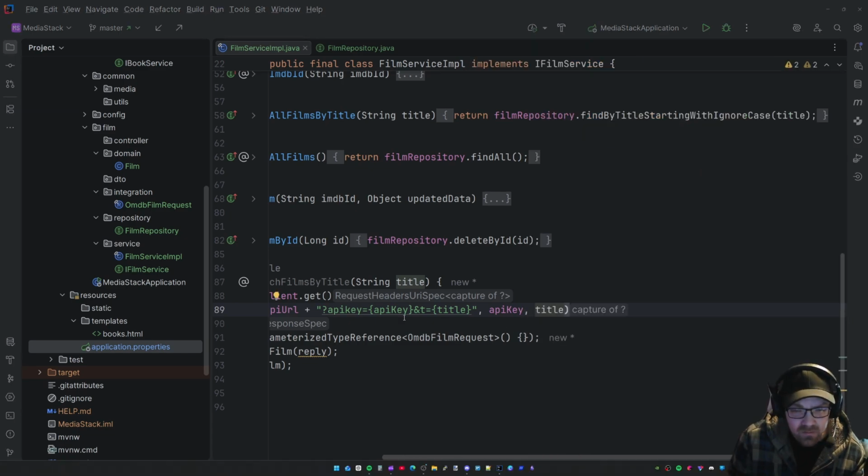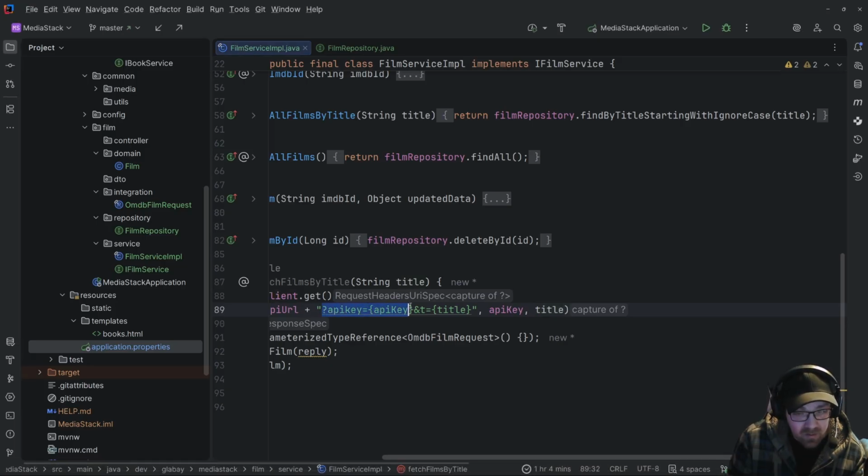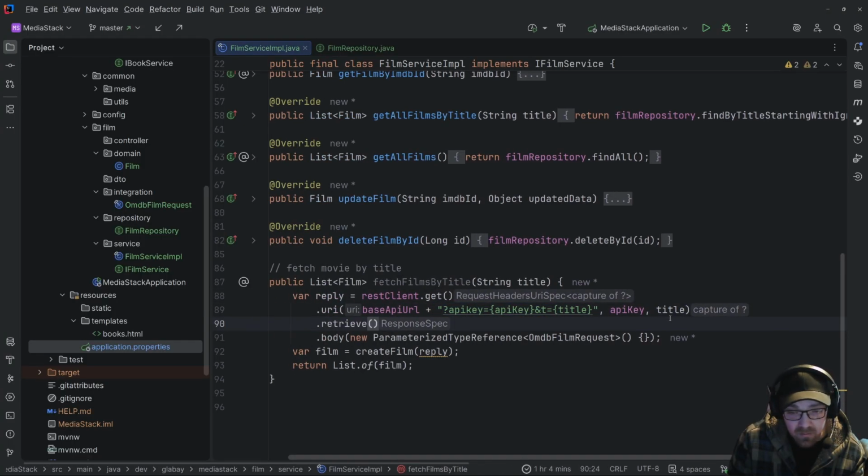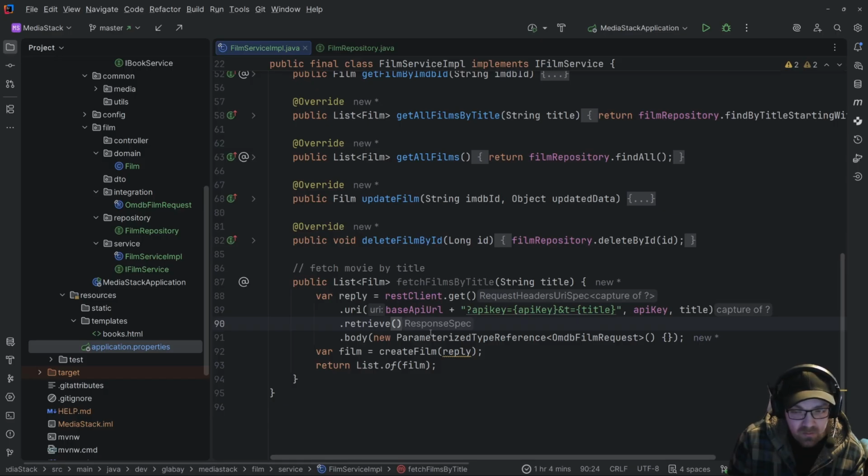Okay, so yes. So we're going to have the base URL, then we're going to add on our API key and our movie title. And that is going to return